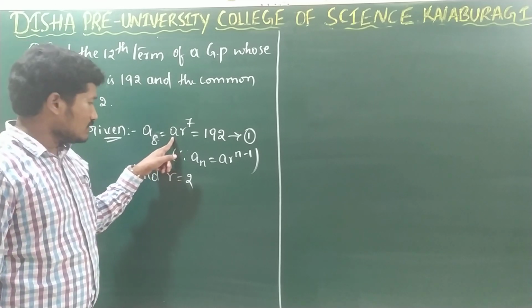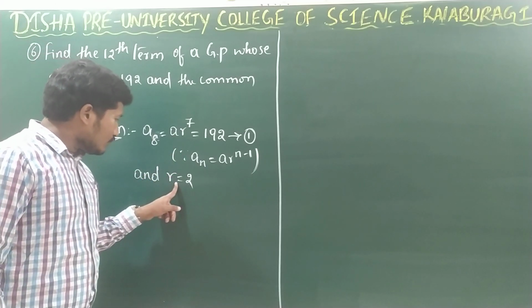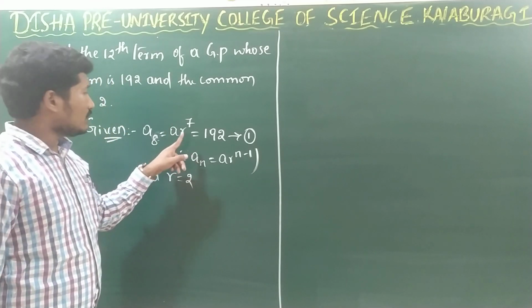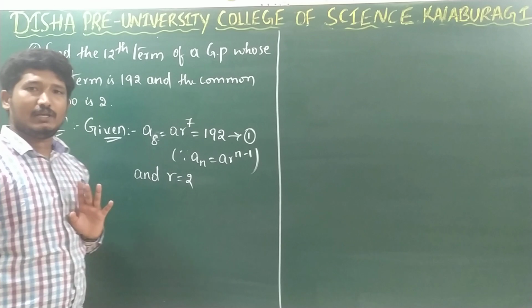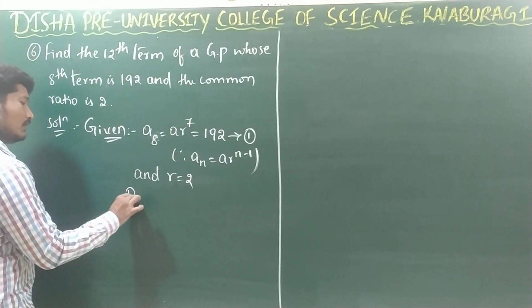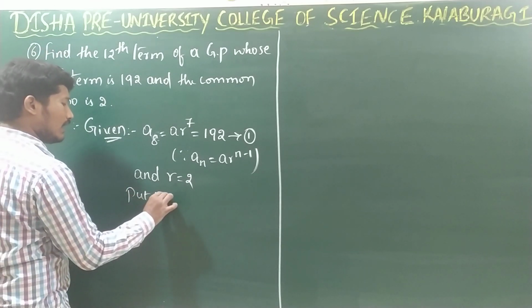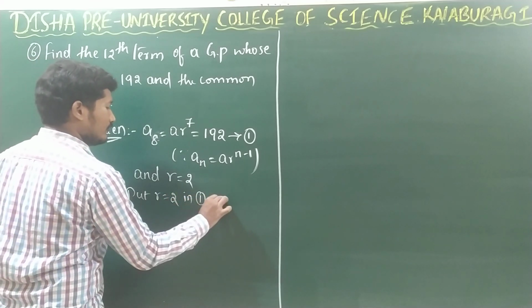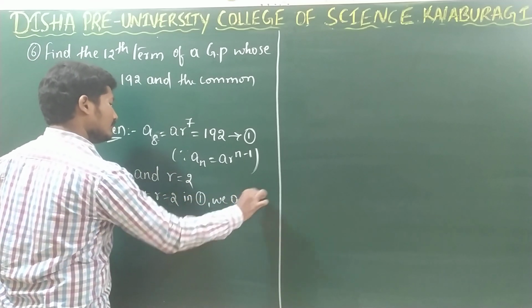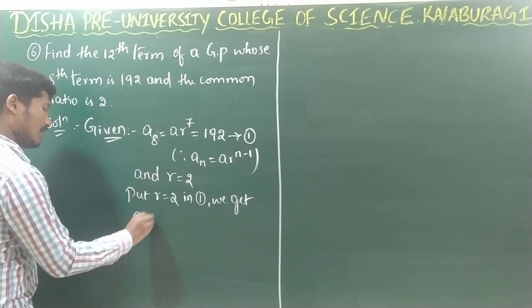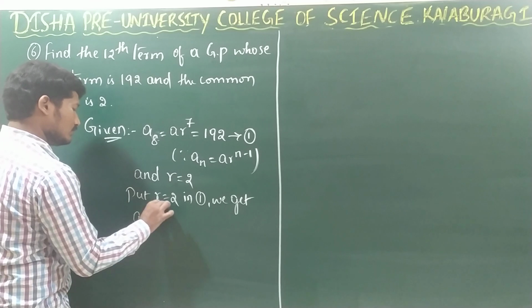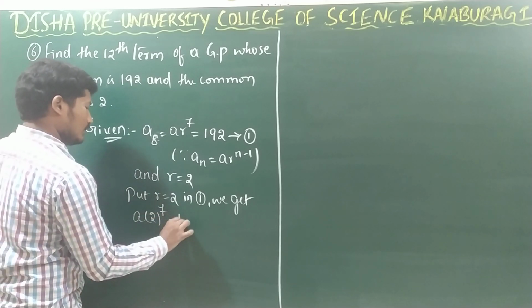Right? So I hope you are understanding. I will substitute the value of r in this equation, then I will get the value of a, right? So let us substitute r is equal to 2 in equation 1. We get, a into the value of r is 2, that is 2 power 7, is equal to 192,